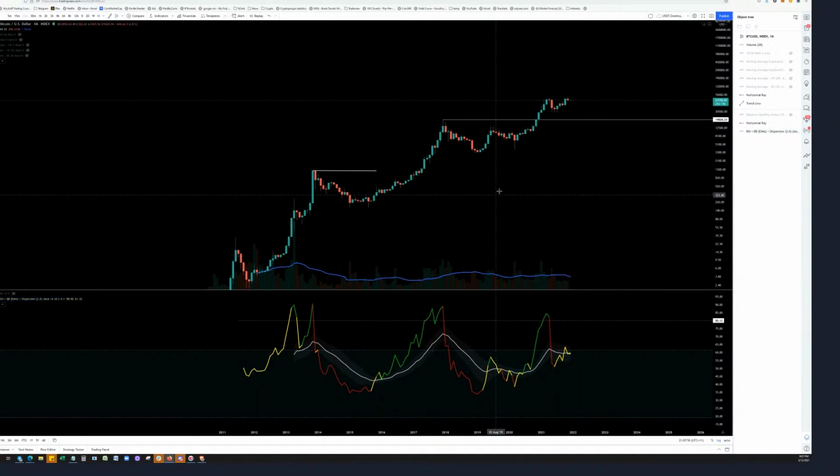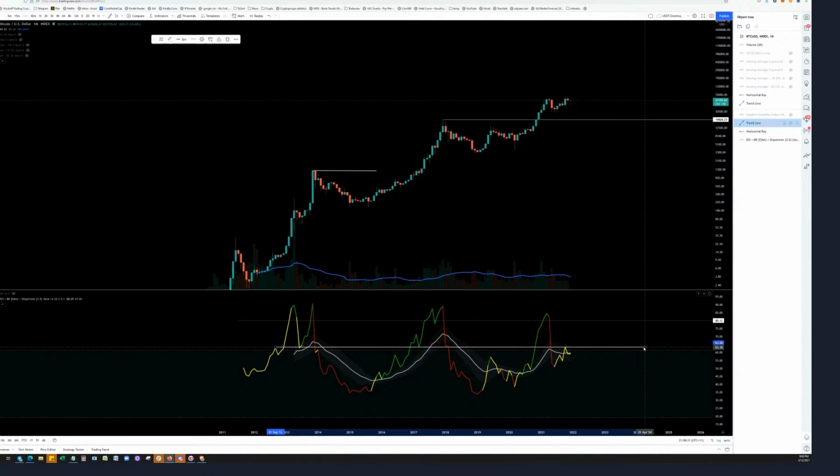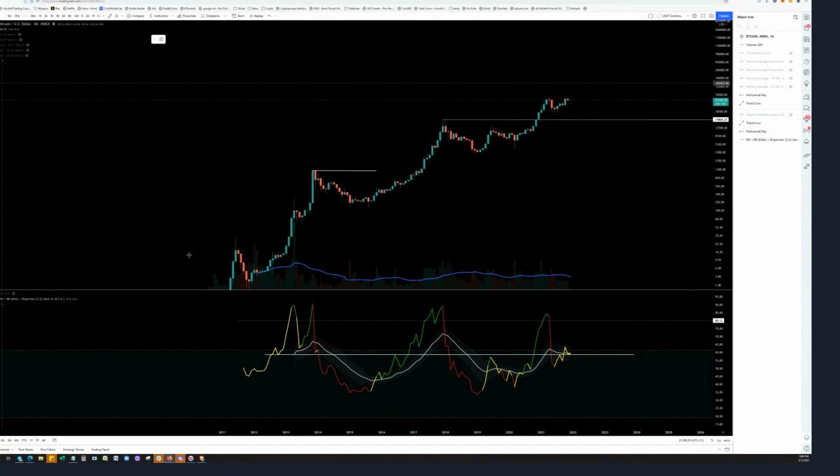So looking at this chart, using previous results, we can see that the bottoms are pretty distinct, and there's a point where we tend to see where we actually make a big difference, a big difference in terms of the bull market kicking in. So let's have a look at this at the moment. So what I have here, this level, which represents this level here, and over here,